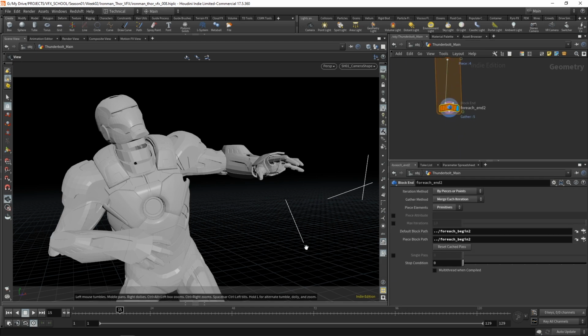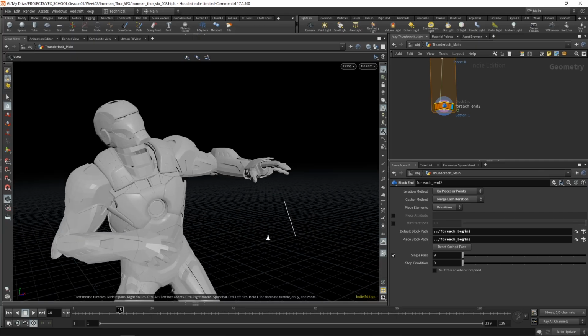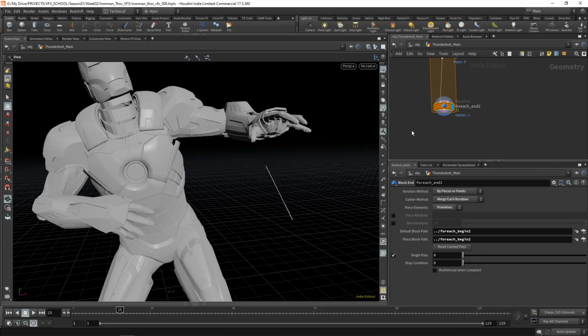The way you can see what's happening, the easiest way is for you to go to the block end, this for each end 2, and we'll turn on the single pass here. And this just means that it's only going to go through the primitive 0. Okay, and that way we can see exactly what's happening. Now,